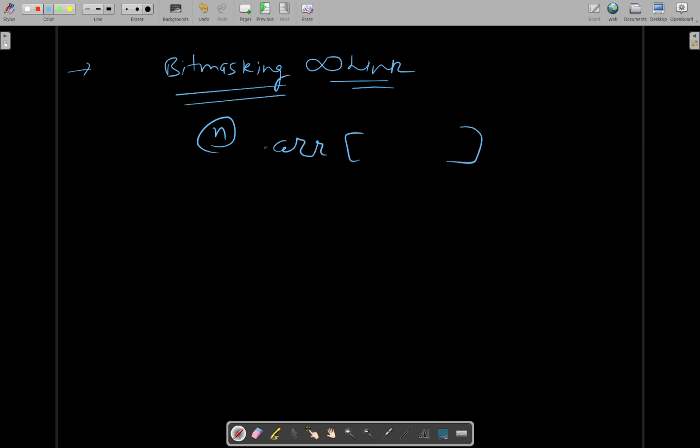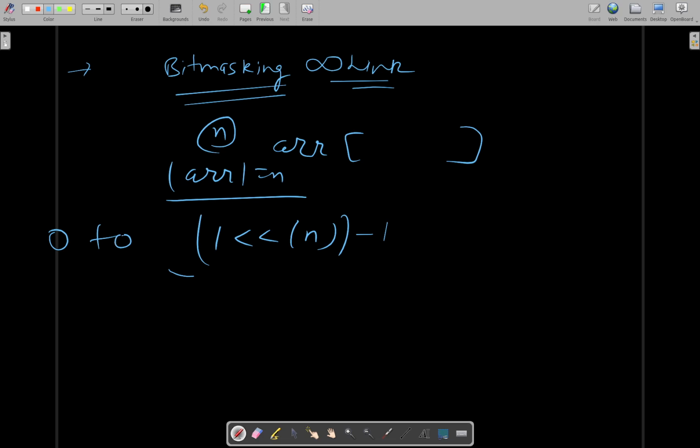Okay, this is an n length array, size of the array is n. Then what you will do, you will left shift bits of 1 by n times and subtract 1 from it. Okay, so these many numbers from 0 to this number, these will be the numbers that will be representing all of your subsequences. What I mean by this is,